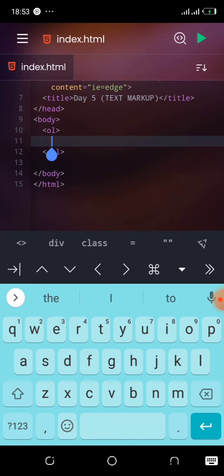This is for an ordered list. Now I can't start putting things in this list and expect it to load up. No, I need to call in list elements. So this ordered list is the tag, then the list elements within it will represent what will be in that list. So when I call in a list element,